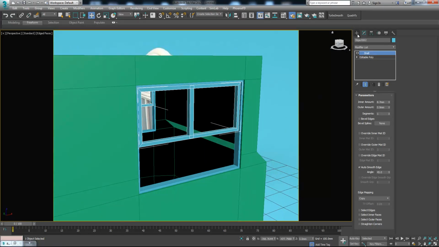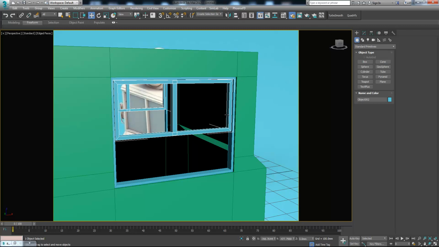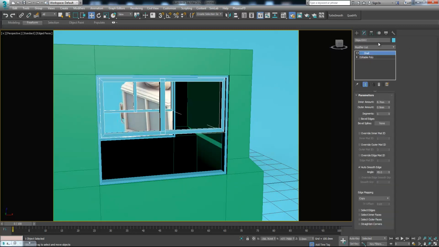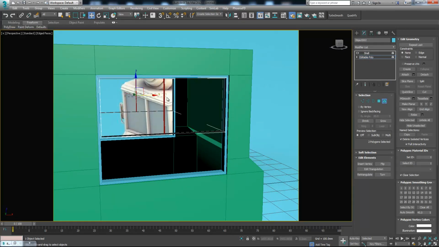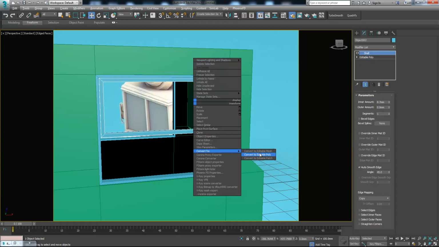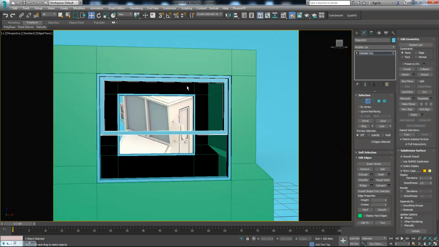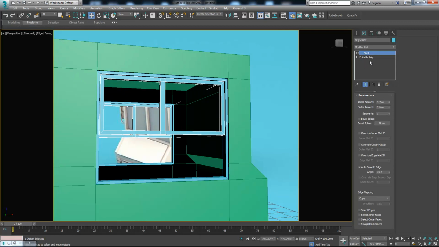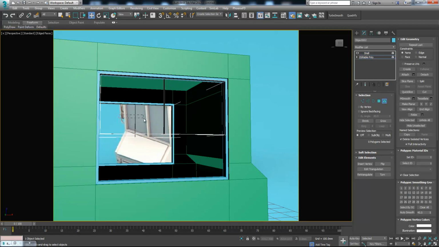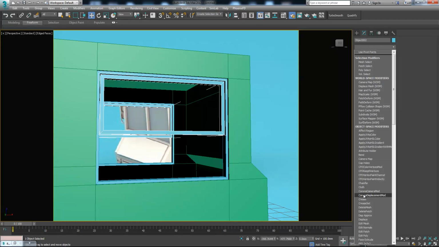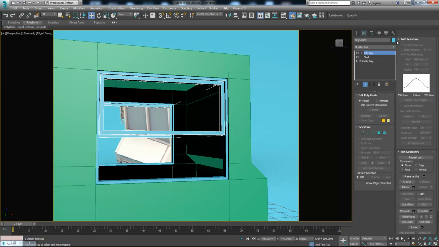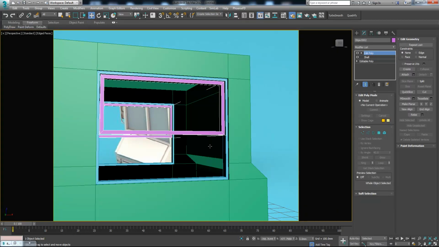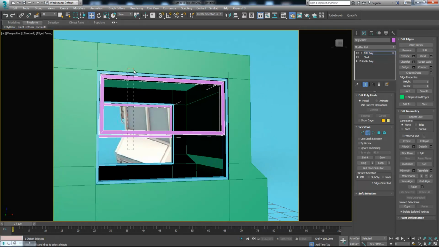Okay, now what we need to do is, maybe we just delete this middle element, and after creating shell we just convert it to editable poly, and I guess I deleted entire element. Okay, so let's go back to the shell, add edit poly modifier. So let's change the color first. Okay, select all these edges,